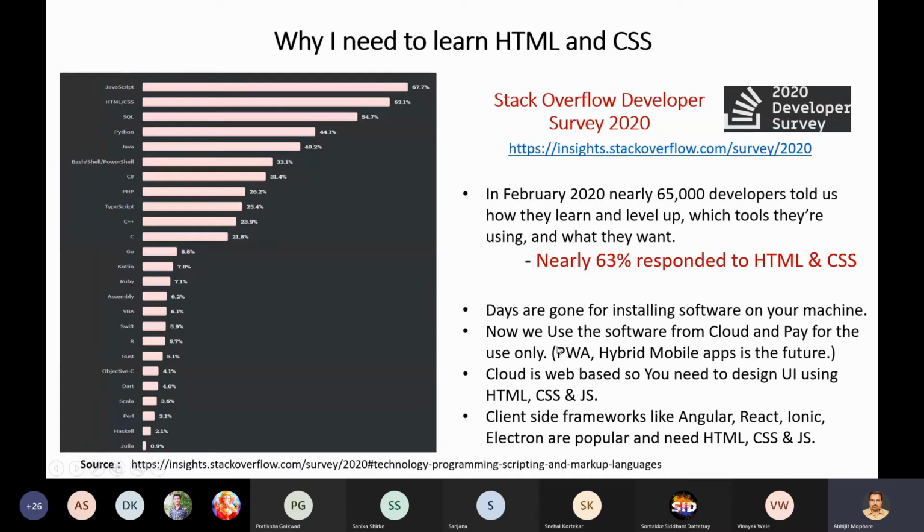Since we will discuss this PWA later in the course, I will ask you to go over to Google after the session completes, and search and read about this PWA. The long form is Progressive Web Application. If you type PWA, you will get help in Google. And also study what hybrid mobile apps are. If you study these 2 technologies, you will understand how important it is that we learn now